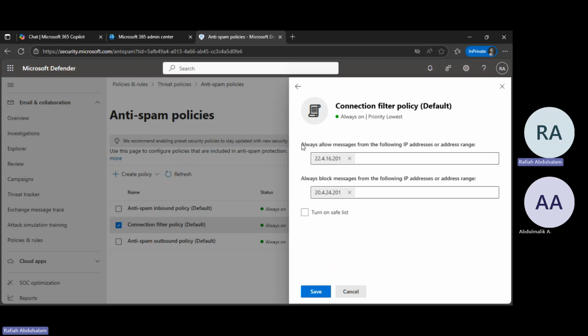So now basically, to add the IP addresses to the allowed list, you can see always allow messages from the following IP addresses or address range. So it's possible for you to not just add a single IP address. You could also add an IP address range, and I'll be showing us how to do that. So from here, let's say we're adding an IP of